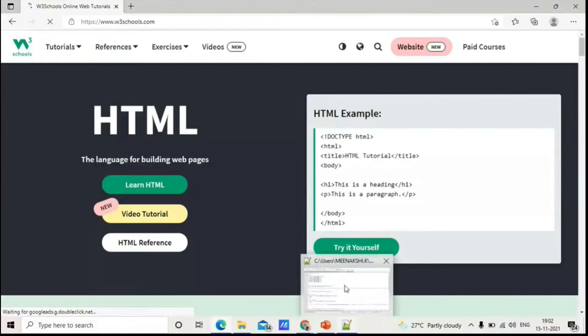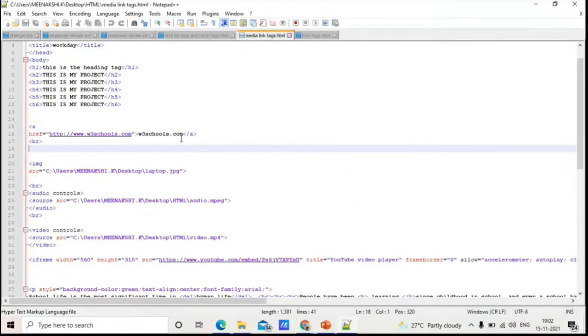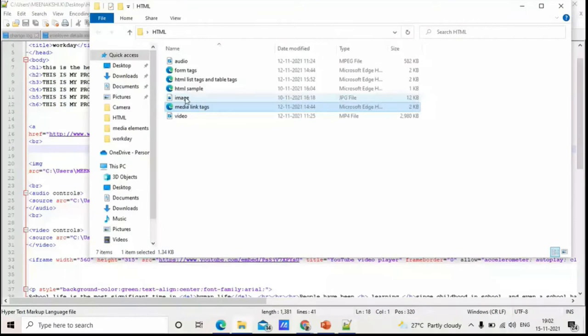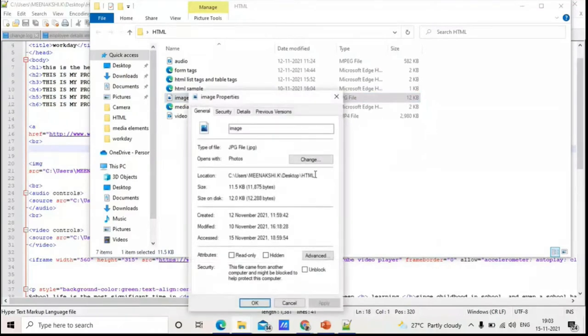And going to the image, for image, the tag you are going to give is with an angle bracket img src. Src refers to source, equal to, within the quotes you have to copy the location where you have stored it. For example, I have stored the image here, so go to the image properties, right click it. If you right click, you have to go to the properties, and in properties there will be a location shown here. Can you see the location? So you have to copy this location, and paste it here.